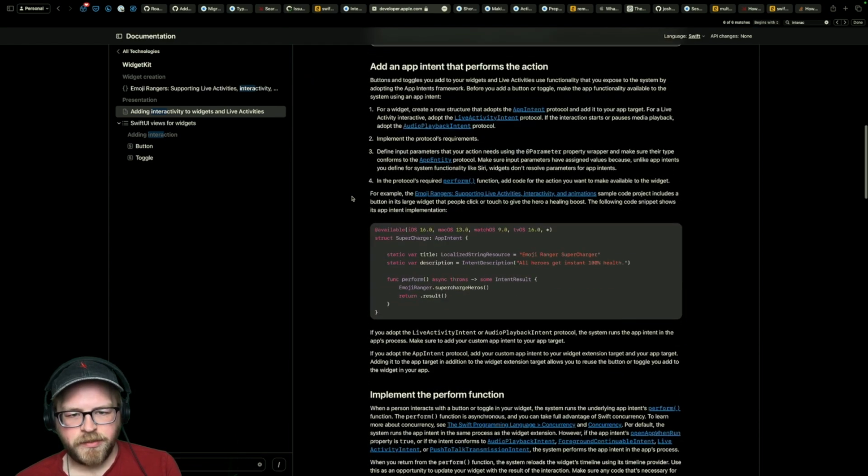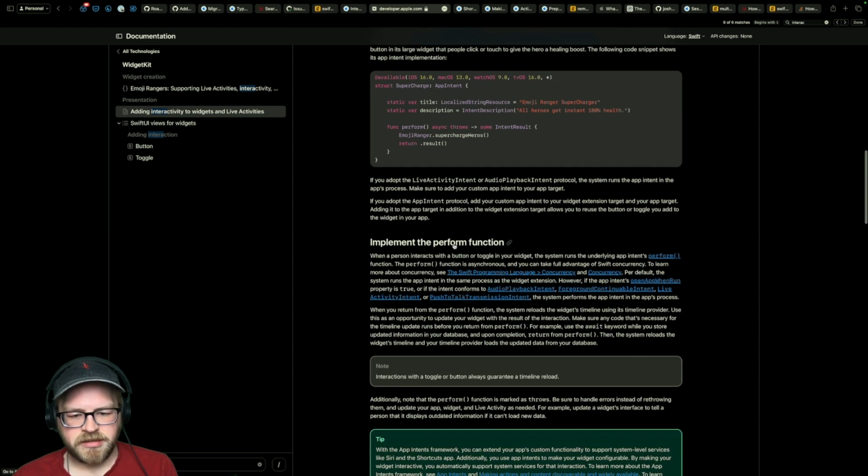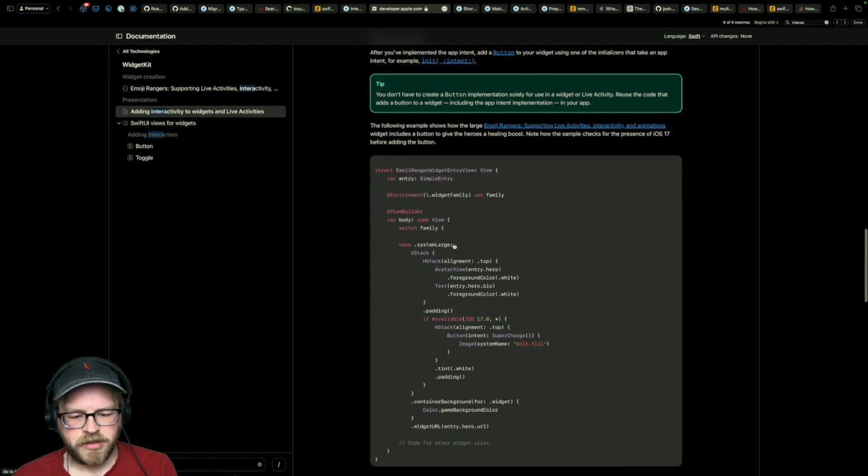Okay, here we go. Add an app intent that performs the action. Buttons and toggles you add to your widgets and live activities use functionality that you expose to the system by adopting the app intents framework. Adopt the app intent protocol and add it to your app target. Define input parameters that your action needs. In the perform function, do that. Okay, we've done that. Implement the perform function. Add a button. Okay, here's how we would do this.